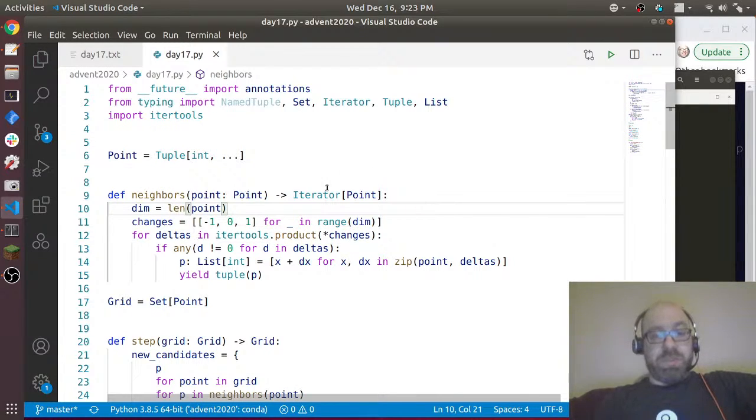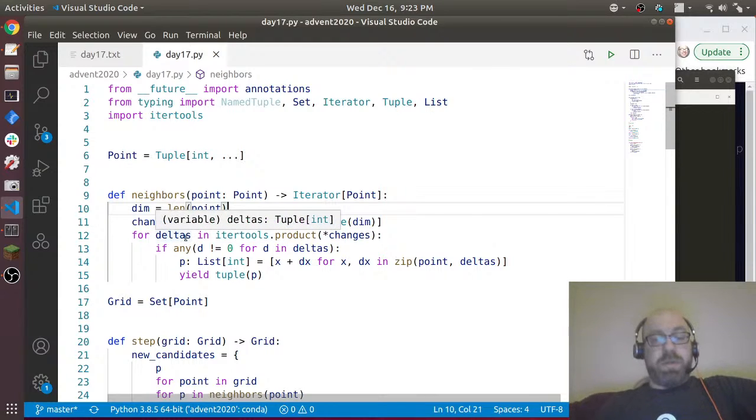And I know how many dimensions I have, so I make this list of changes. And then I use itertools product that says basically, the first delta is -1, 0, 1, the second delta is -1, 0, 1, and so on up to, if it's a 3-dimensional point, I get 3 of them, and so on. And so now I just iterate over the deltas. And I say, I don't want to catch the point again, right? So I need to,